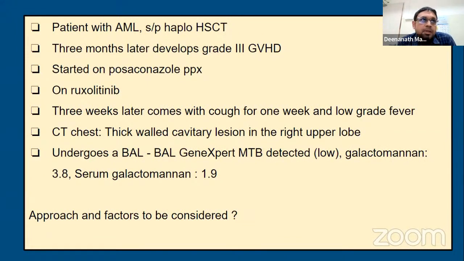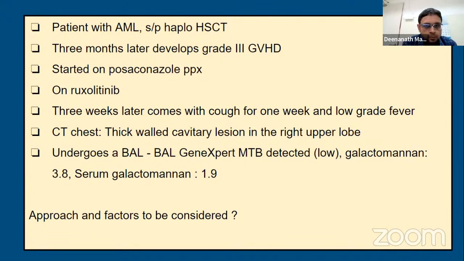So again, we have a BMT patient up next. He is a patient with AML, post haploidentical stem cell transplant. 3 months later, he develops grade 3 GVHD. He started on posaconazole prophylaxis and he's on ruxolitinib. 3 weeks later, he comes with cough for 1 week and low grade fever. And his CT chest is now showing a thick walled cavitary lesion in the right upper lobe. He undergoes the BAL. The BAL GeneXpert says that MTB detected low, galactomannan is 3.8 in the BAL, and